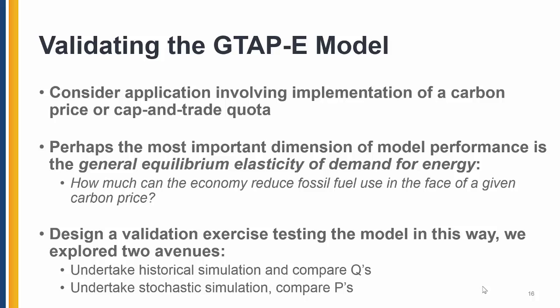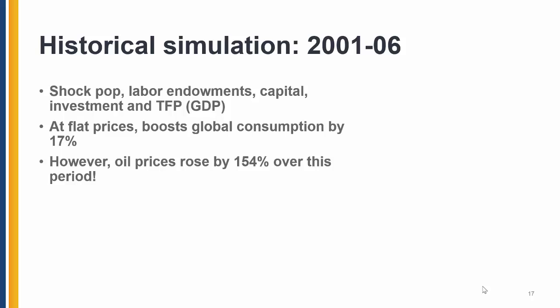We looked at historical simulation, from 2001 to 2006, a period of rising energy prices. We looked at quantity responses. We also did a stochastic simulation where we simulated historical shocks to supply and compared price changes. So for the historical simulation, we had to shock population, labor endowments, capital, investment levels, TFP, and by implication GDP was